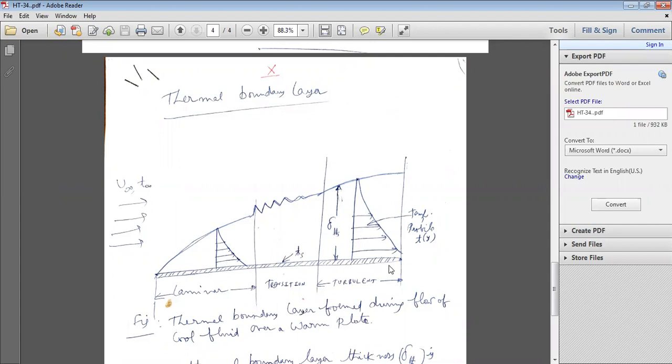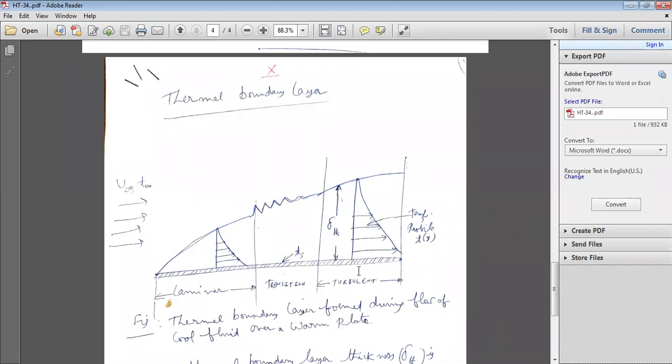So this is a flat plate, and this is the thermal boundary layer, up to a certain length, from x equal to 0 to x equal to L, where L is the length of the plate. Similar to the hydrodynamic boundary layer, if you heat the plate, Ts is the surface temperature or wall temperature of the plate. T free stream is the temperature of the fluid. Whenever there is temperature, a thermal boundary layer will be formed on the flat plate.